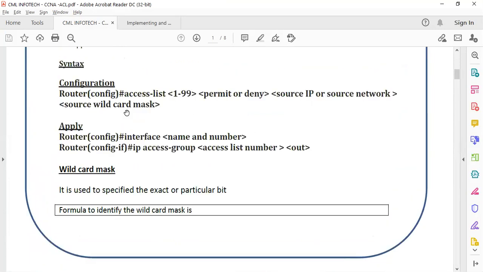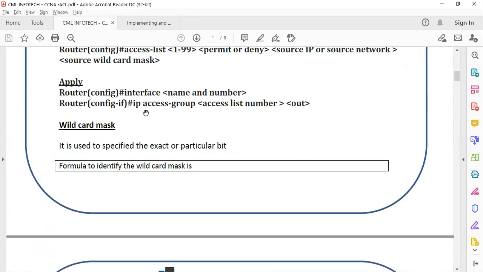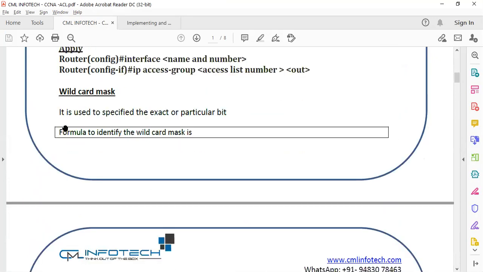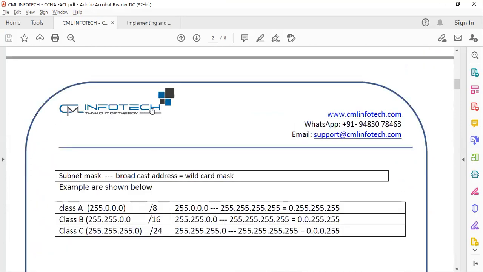If you have multiple hosts as a source, then you need to refer to them with the wildcard mask. So what is a wildcard mask? The wildcard mask is used to identify the exact number.